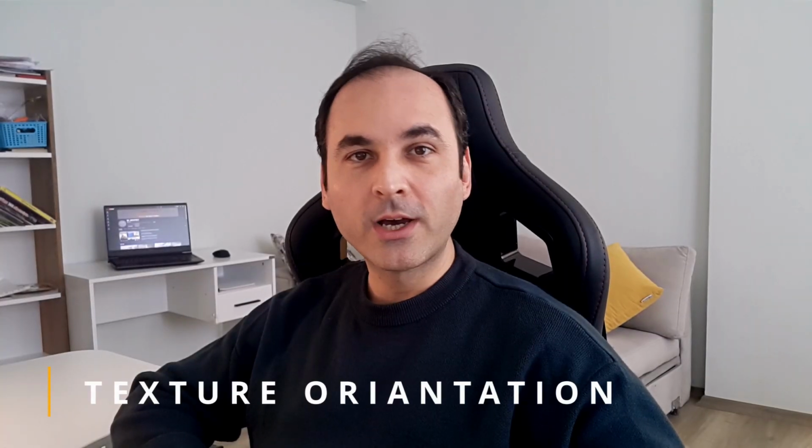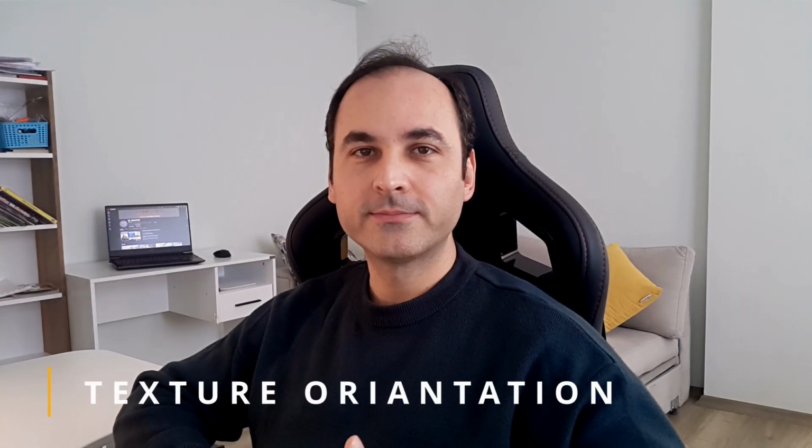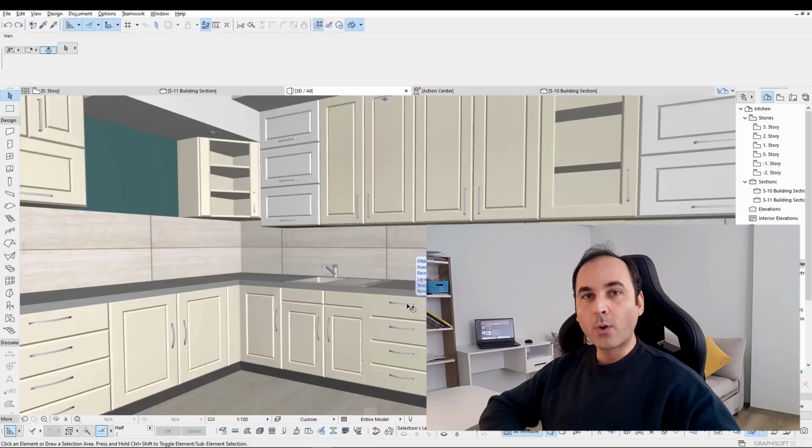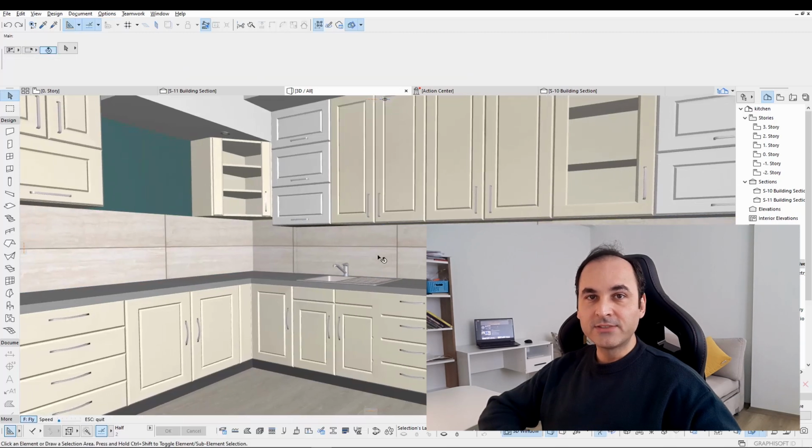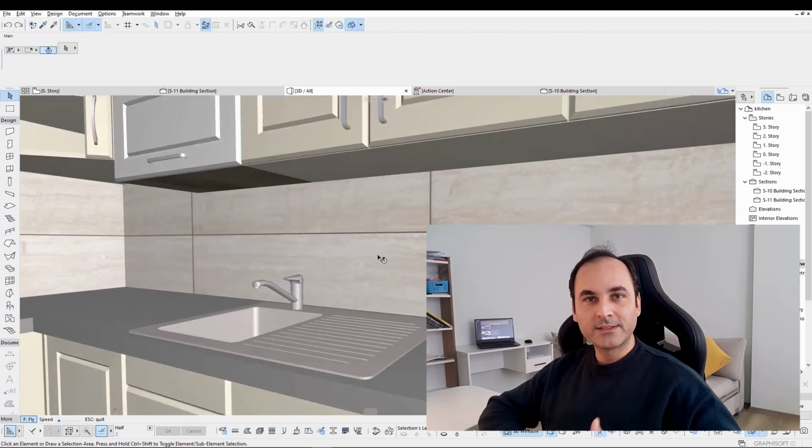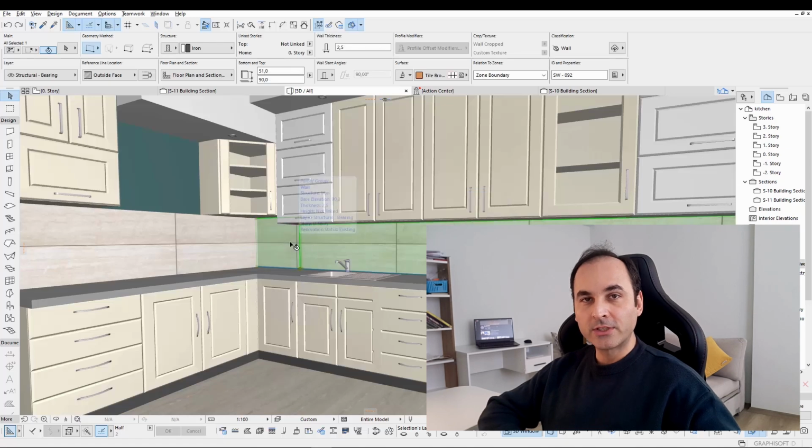In this part I will show you how to set up Texture UV. When we set up a scene for rendering, we may want to see a preview of the materials. Of course, we can change this in a rendering engine like Lumion, D5 Render or Twinmotion, but changing this in ArchiCAD will achieve better results and this will improve our project quality. Yes, changing material orientation is possible in ArchiCAD as well.